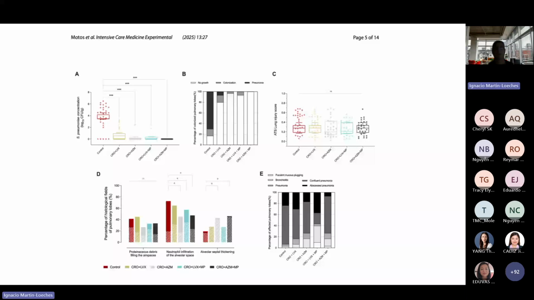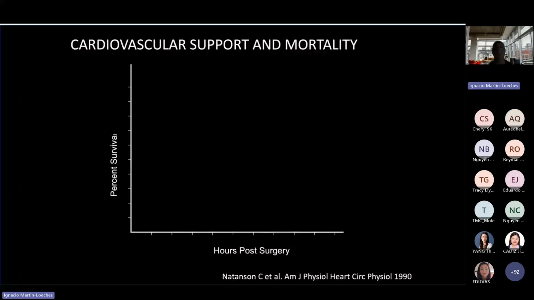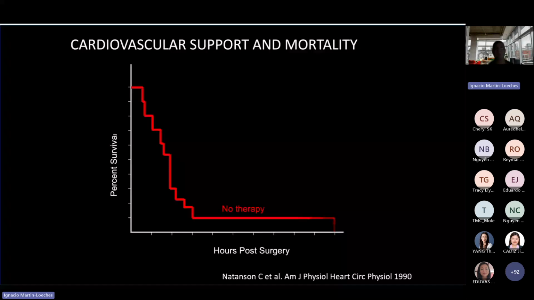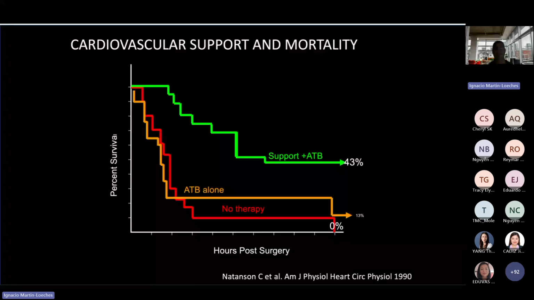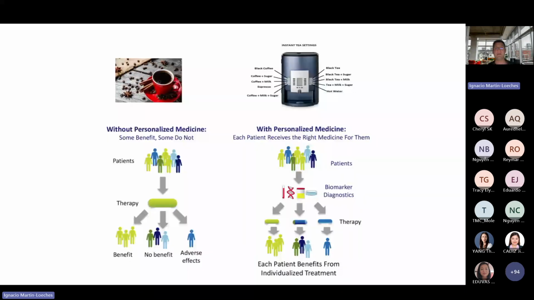But when we are talking about coadjuvant treatment, remember that no treatment is definitely not adequate, but the use of both adequate therapy plus support has added or assumptive evidence, compared with using antibiotics alone and support alone, because we need more than just antibiotics. This is the reason that opens up the need for personalized medicine.